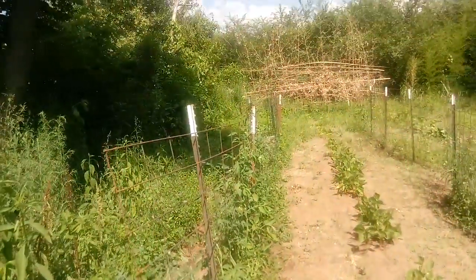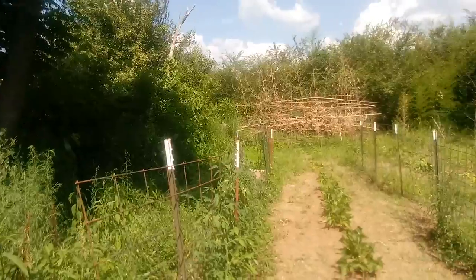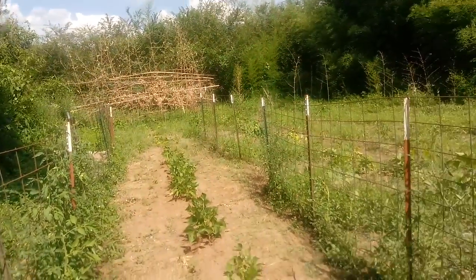There they are. Same kind of tomatoes, just two is all I've got that I grow every year now. And that's the